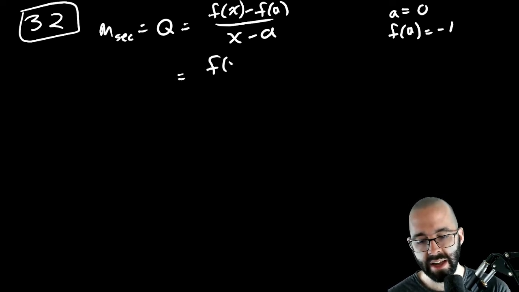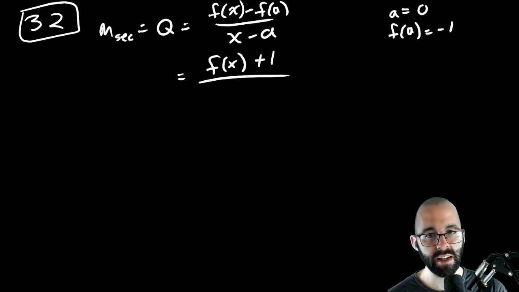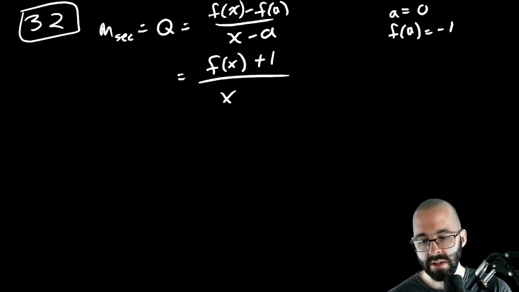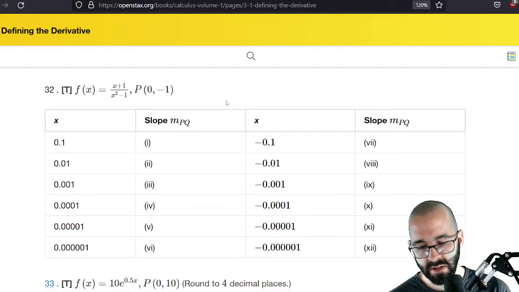So this is going to be f of x minus f of a, which is -1. Subtract a -1 is plusing a 1, divided by x minus 0, like so. So to fill in this table, and again, you don't have to write it down. I just want you to see what's happening. To fill in this table,